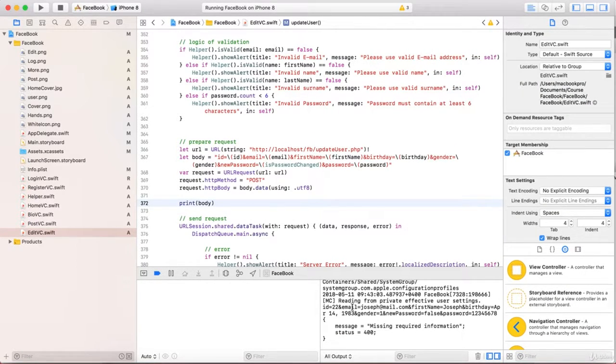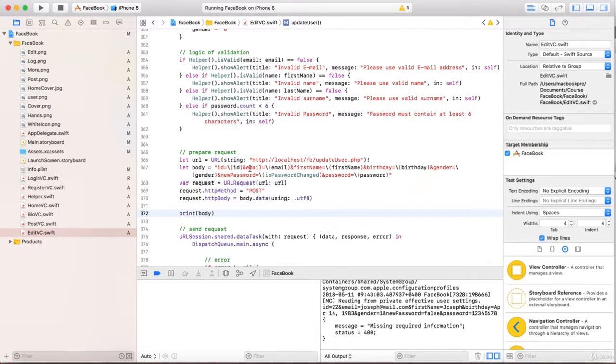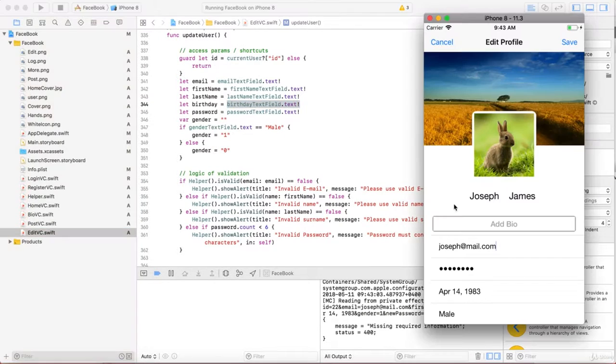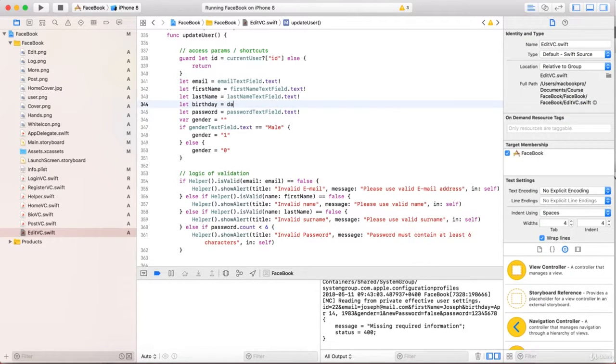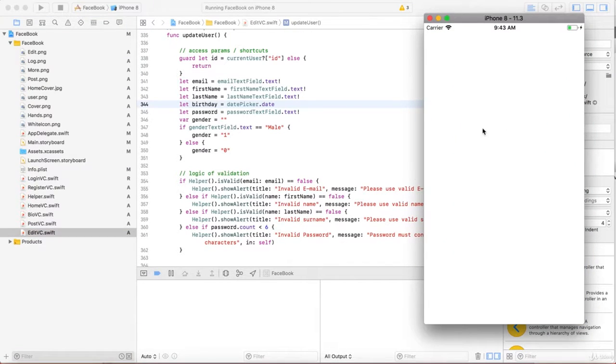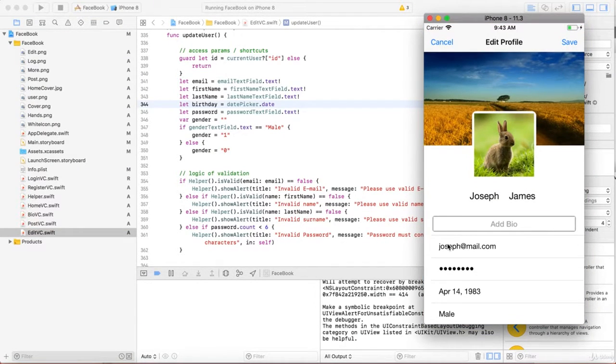So, and here is this. So we got no optional value. Yes, it's the birthday. So as you remember, guys, for the birthday we should not use the text field's text, because here we're showing April space 14 comma. We need to use a proper date format, so we'll write date picker dot date. This is a proper date format to be stored in the server, and we're going to edit here. I'll write hello mail.com,